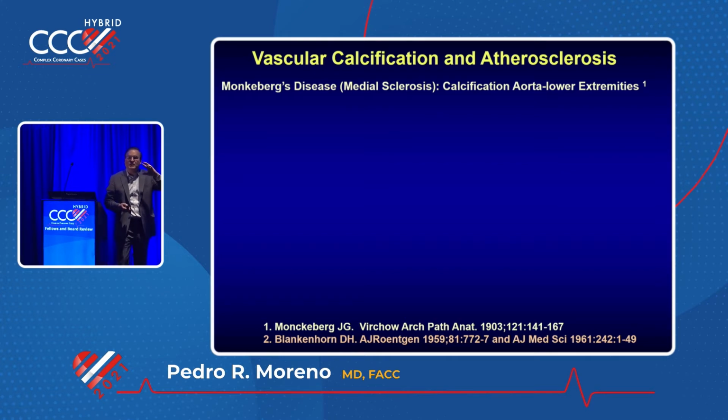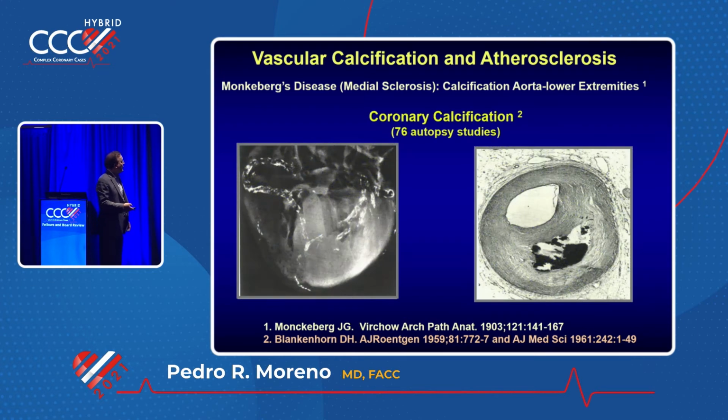It started in the 1950s, mid-20th century, when Dr. Blankenhorn, a pathologist, published in the Journal of Radiology, in two different publications. He was looking for Monckeberg disease, which is calcification of the tunica media of the large elastic vessels, the lower extremity. But he was looking for that in the heart. So he did 76 autopsies,